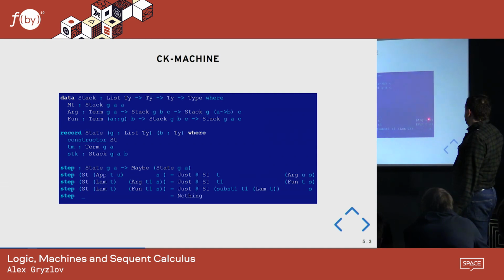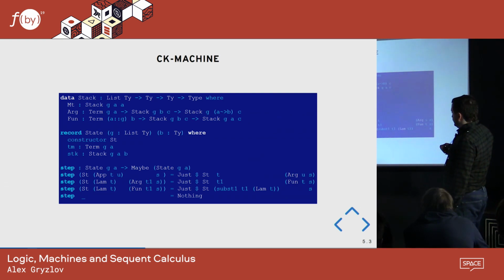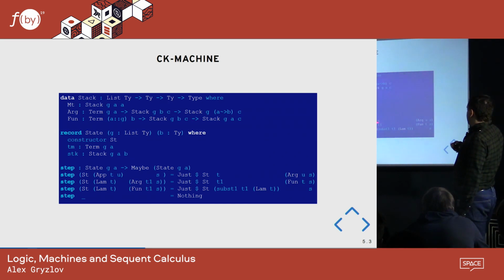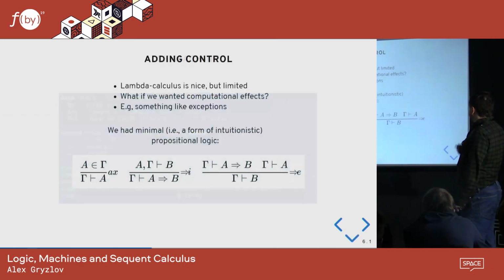You push the argument on the stack. And if you have a lambda and some argument to evaluate, that means the argument hasn't been evaluated. So since we're in the call by value mode, we should evaluate the argument first. So we switch to evaluating the argument, and we throw the body onto the stack with this fun thing. And if we have a lambda fun, that means we've reduced the argument, and the only thing we could reduce it to, because in the STLC the only values are lambdas. So this lambda is the evaluated result of the argument. So we should substitute this argument into this T1, which was the definition of our function. So this is call by value.